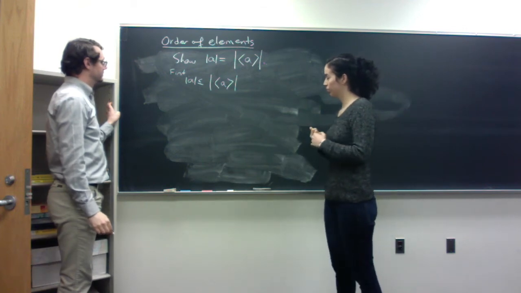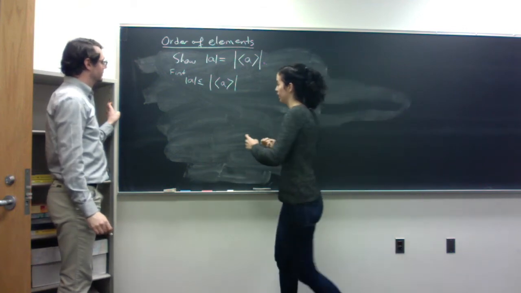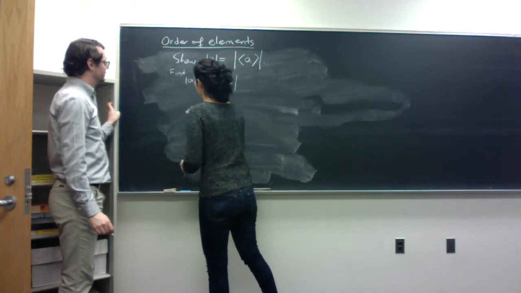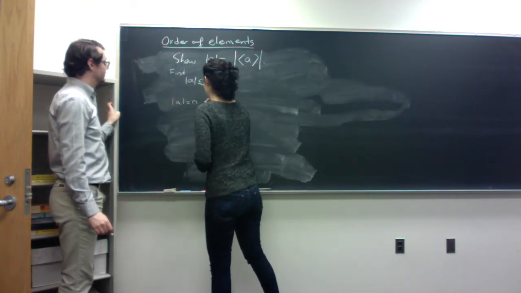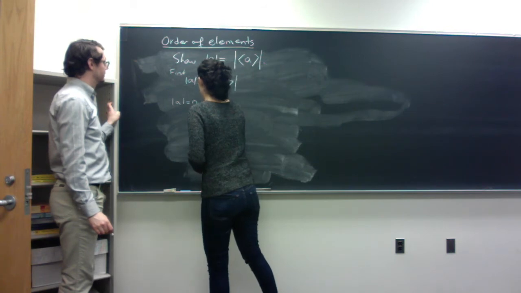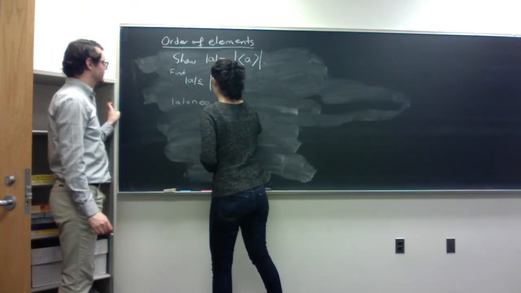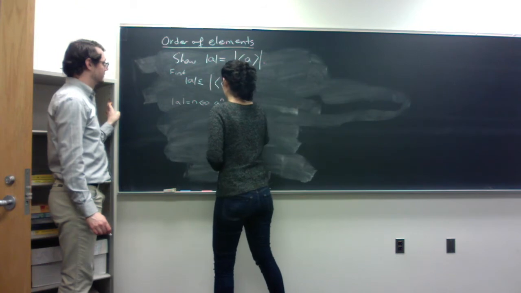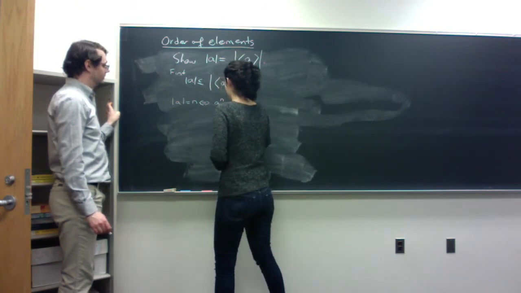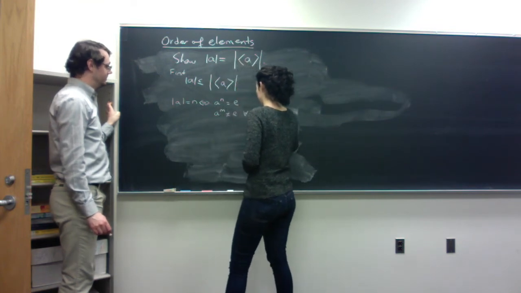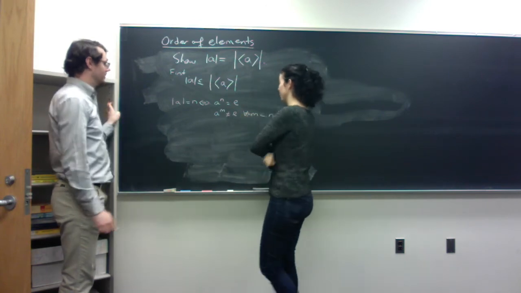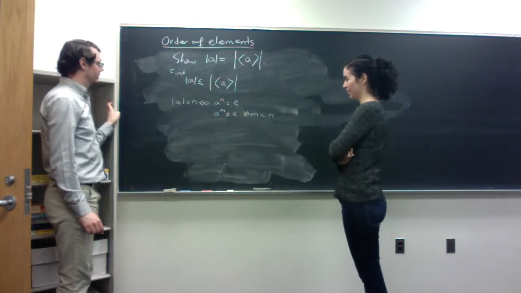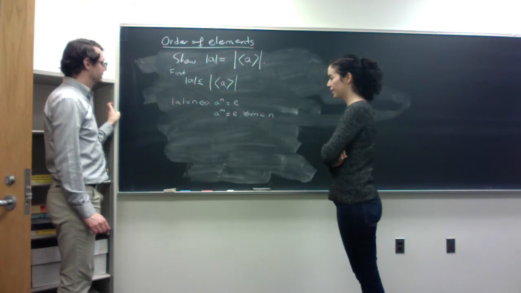So, okay, the order of A is n if and only if A to the n is e, but also A to the m is not e for all m less than n, where m is bigger than 0. Okay. So we need to find at least